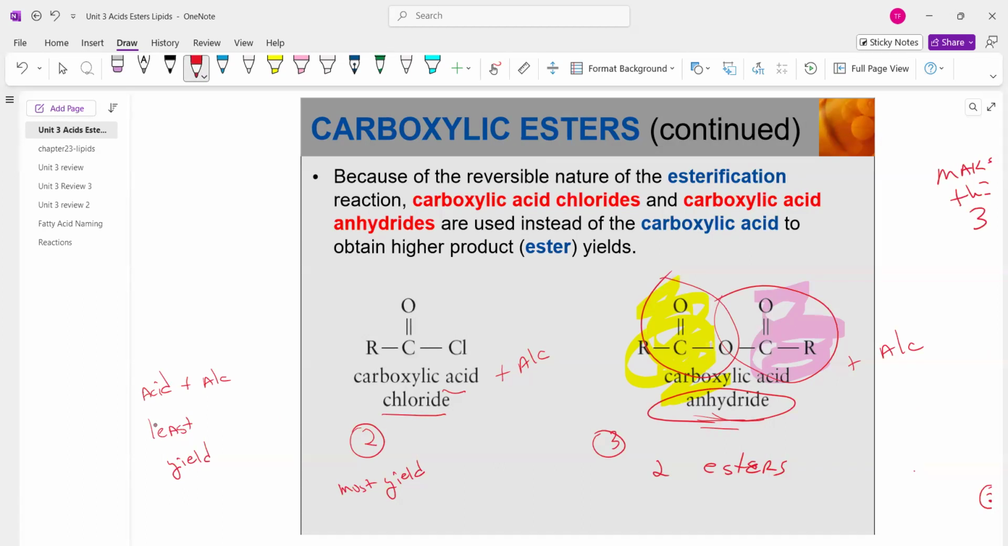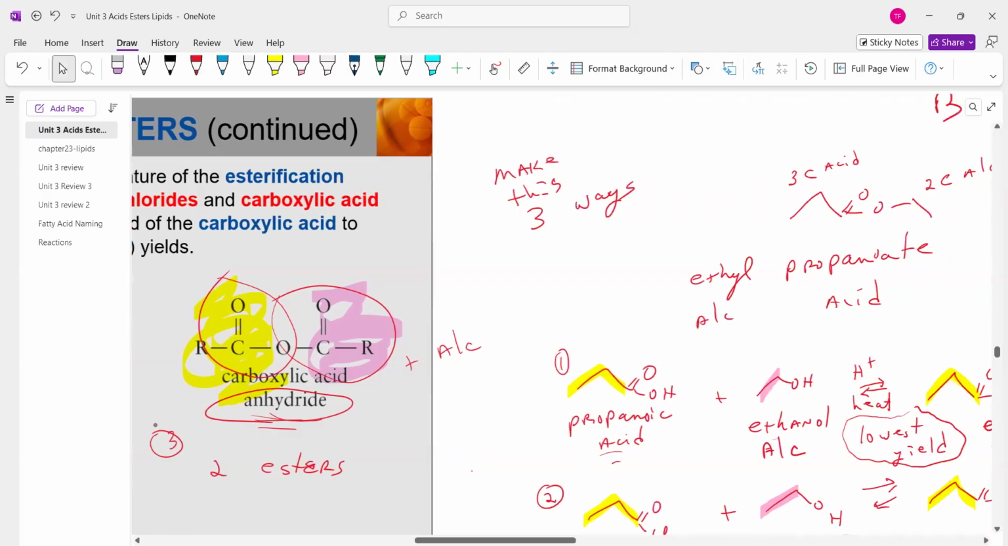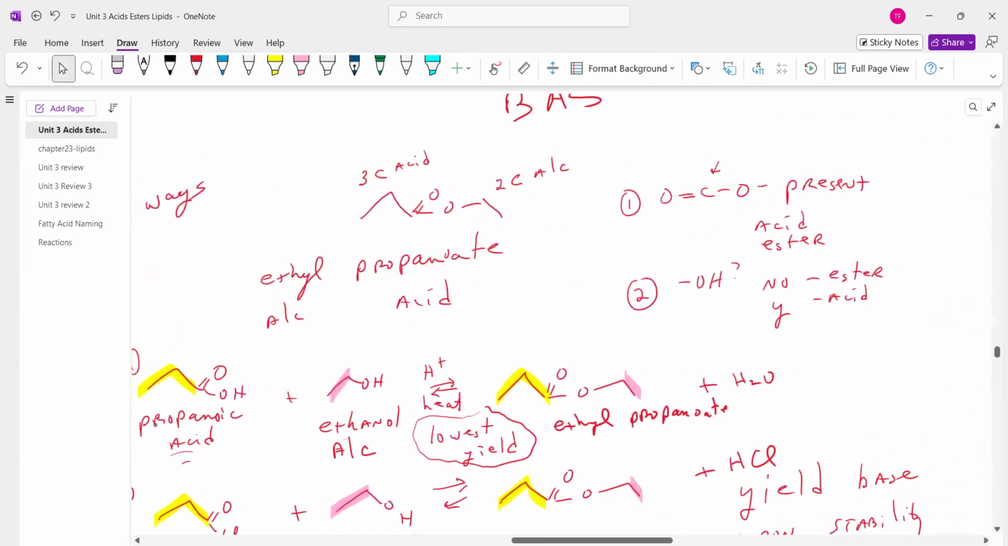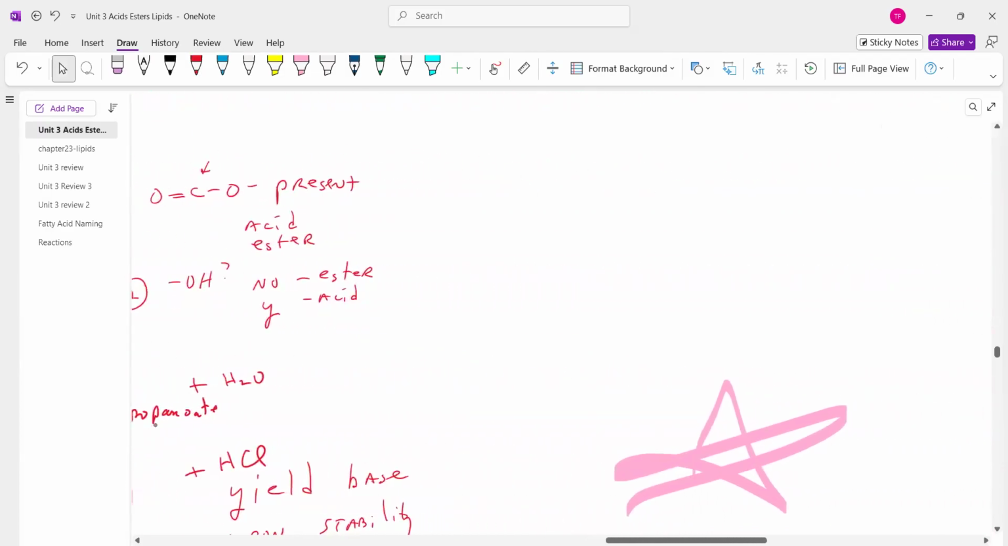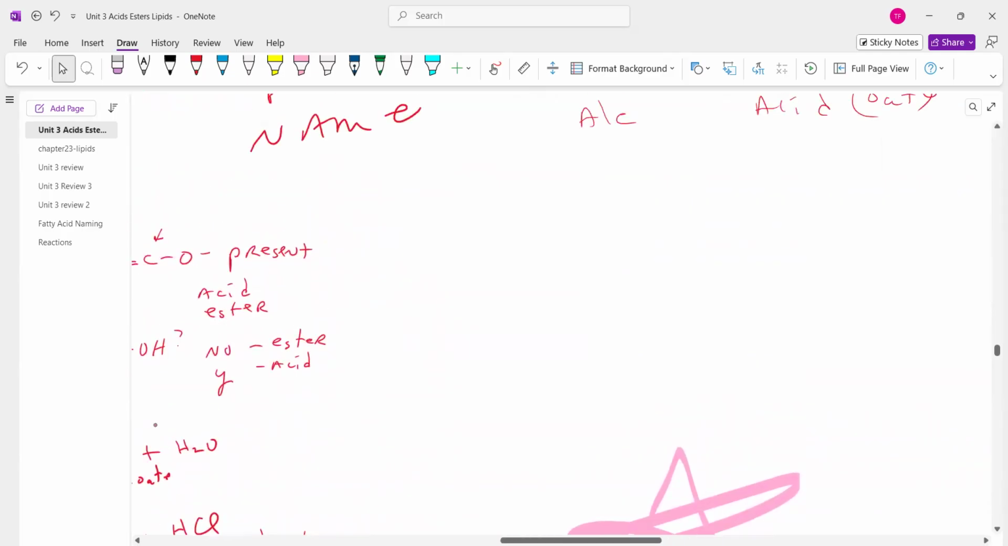Three ways. And you're going to need to know these three, because a typical test question is going to be, how do you make this three different ways? So for example,